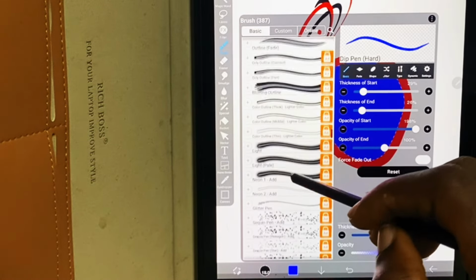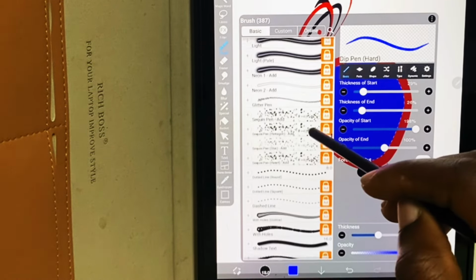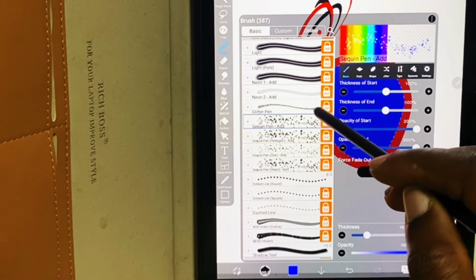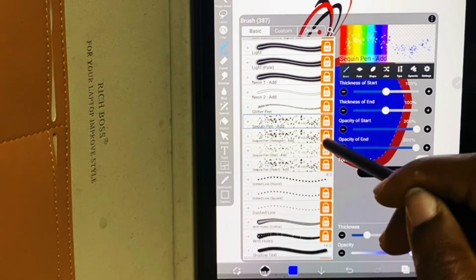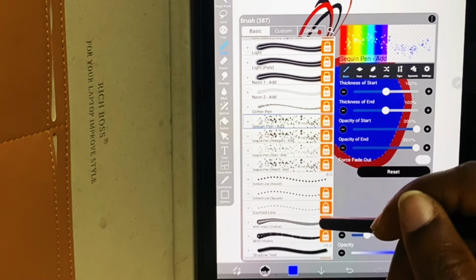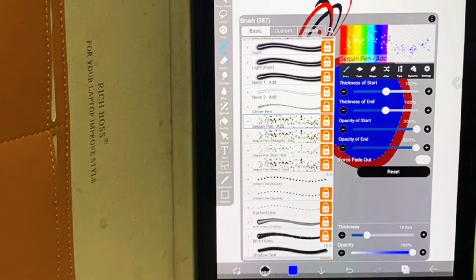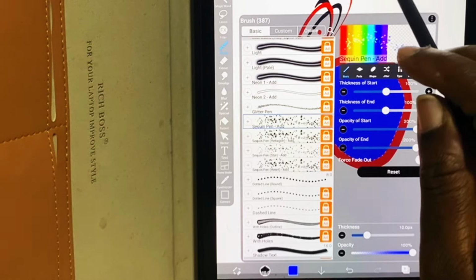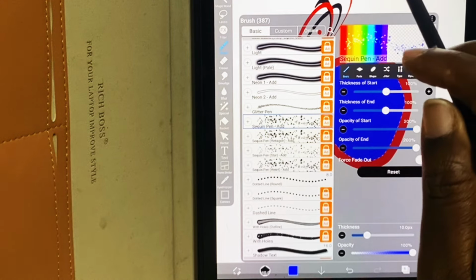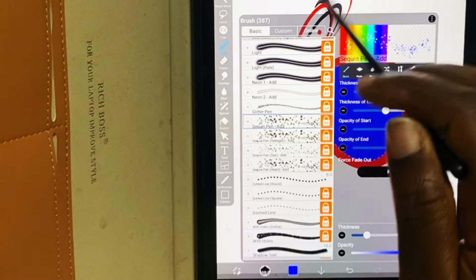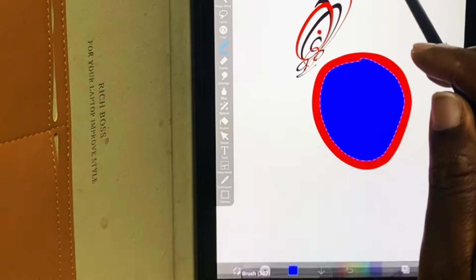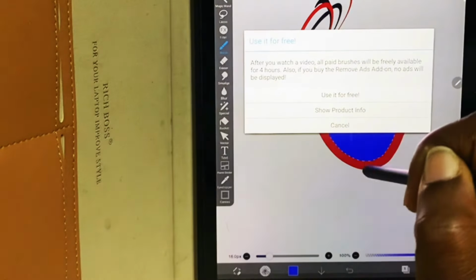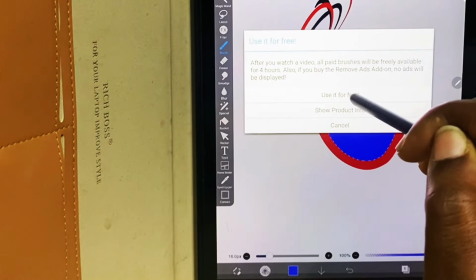You just need to have your data on, internet on. Once you click on it once, you watch an ad, you have access to all the brushes with ads on it. Then you could be able to use it maybe for an entire day or 2 days or weeks before you get this pop-up again. So you click on it, you test the brush. So use for free, and if I click on use for free,